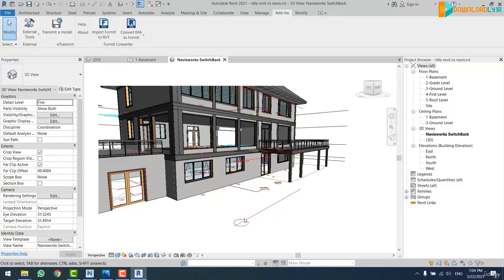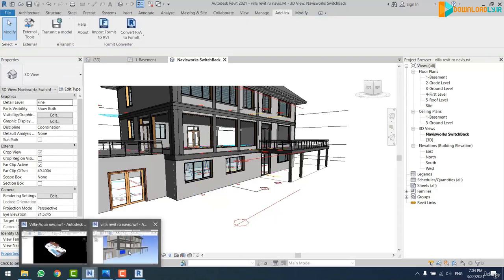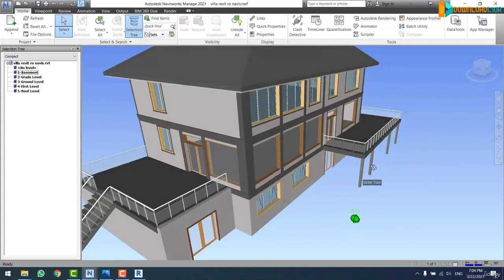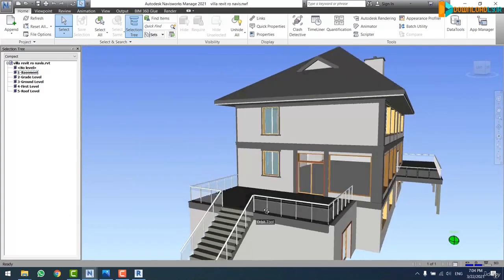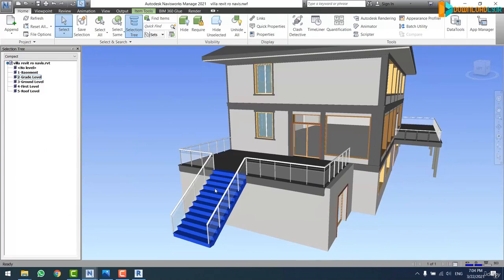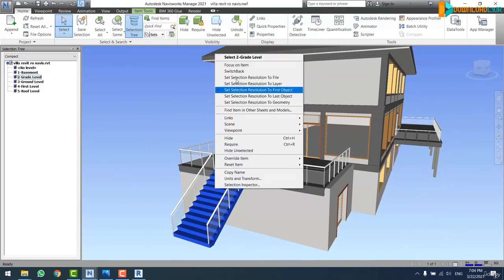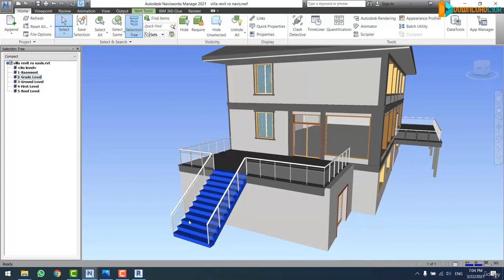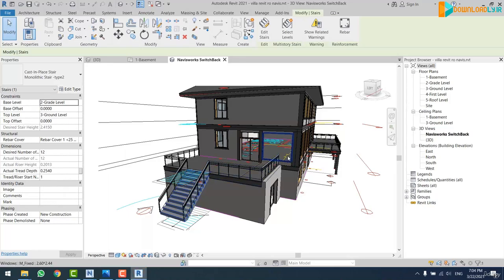And this is great. Let me try one more time in Navis. Check this out. I select another object. For example, I select this stair, then I right click, I click on switchback. After that, I open Revit. Then you will see that in your current view, the object is selected in Revit, since the view is adjusted by Revit. Well done. So this process is called switchback, that you can have access to a specific object in